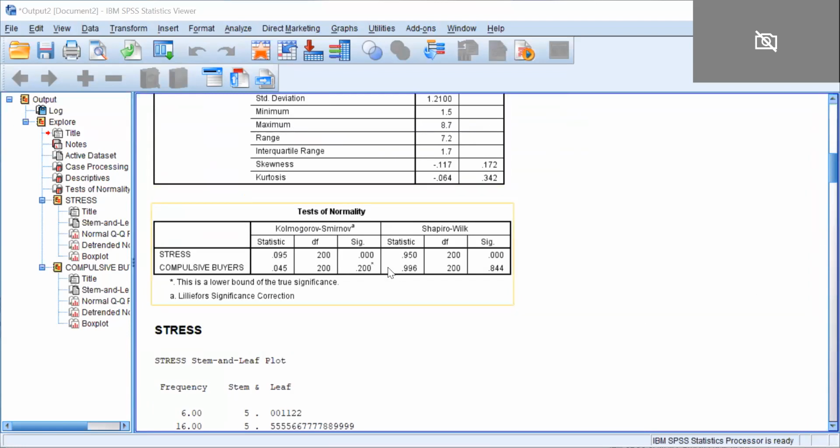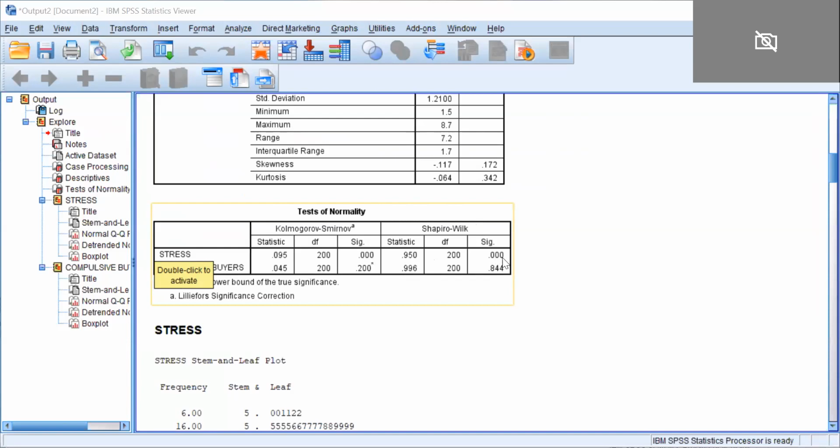So what is the condition for checking the normality? The p-value, that is the significance value, should be greater than 0.05. Then in that case you will say your distribution or variable is normally distributed. In the case of stress, the significance value for the KS test is 0.000, which is less than 0.05. Also for the Shapiro-Wilk test, the significance is 0.000, less than 0.05.